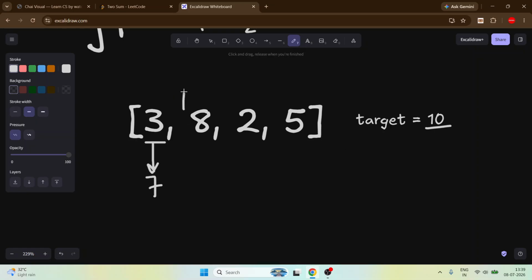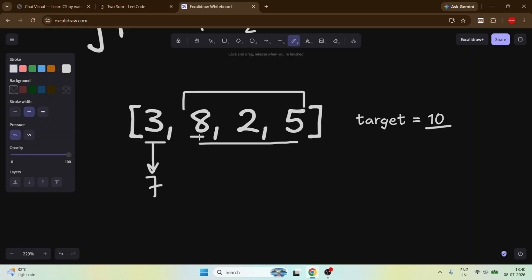So if 7 lies in this remaining portion, then we can easily use this 3 and make the target. So we have 3, we need 7. If 7 is in this portion, we can easily make it equal to the target.